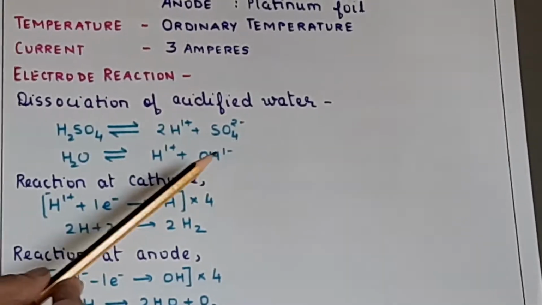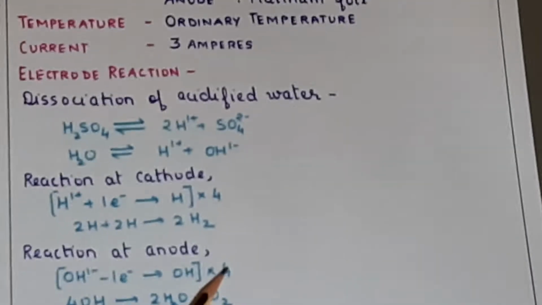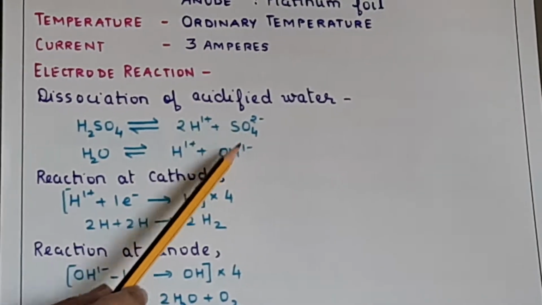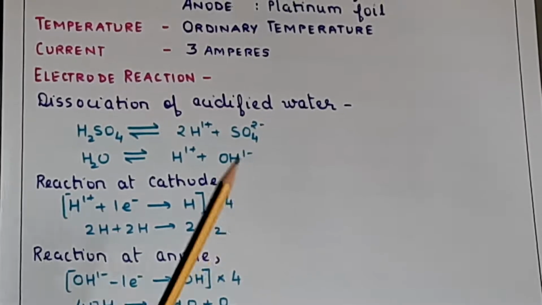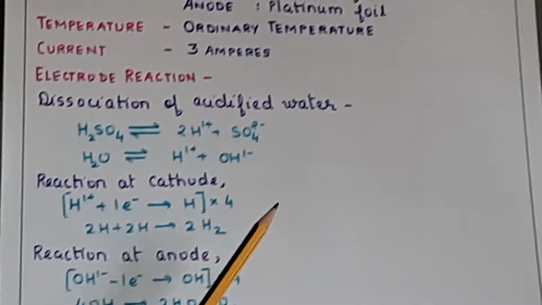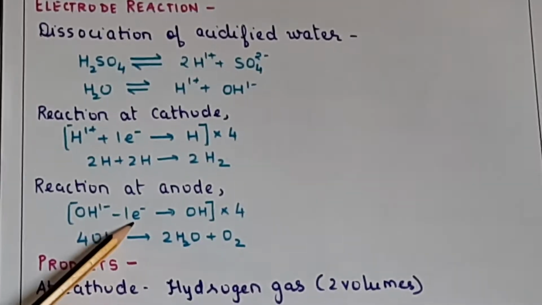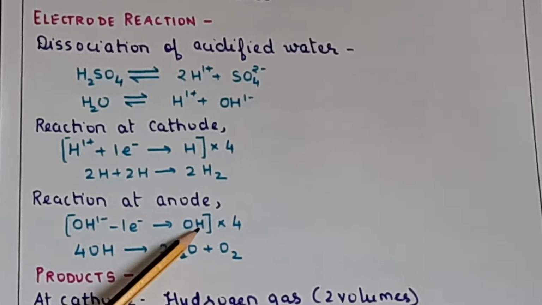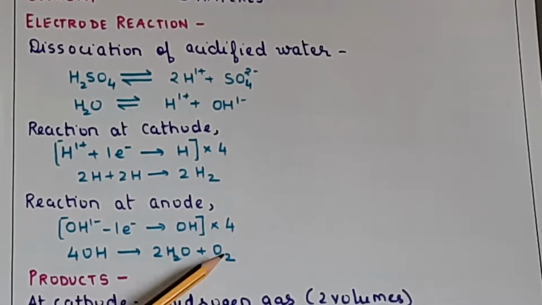Anions. Yes, very good. So anions will migrate to the anode. Now between sulfate and hydroxyl, which is lower in the electrochemical series? Yes, very good. Hydroxyl is lower. So sulfate and hydroxyl both will migrate to the anode, and which is going to get preferentially discharged as neutral atom? Hydroxyl ions. Okay, so the hydroxyl ions will lose an electron and will form the OH radical.